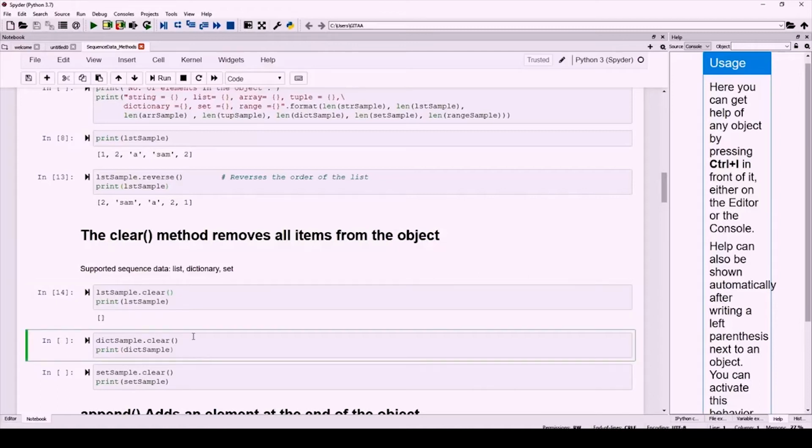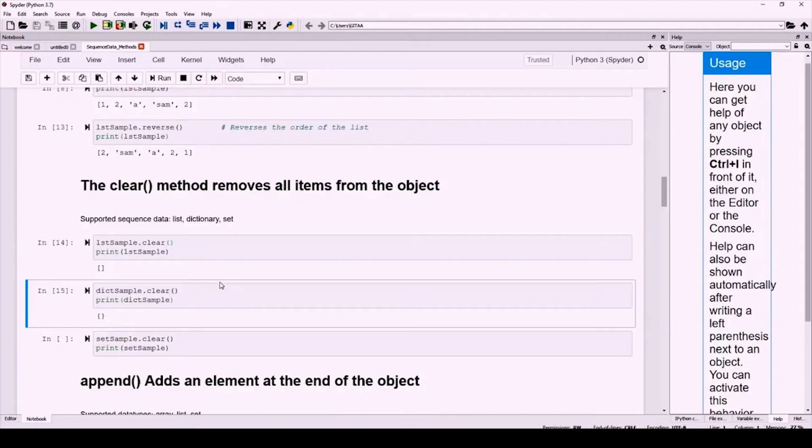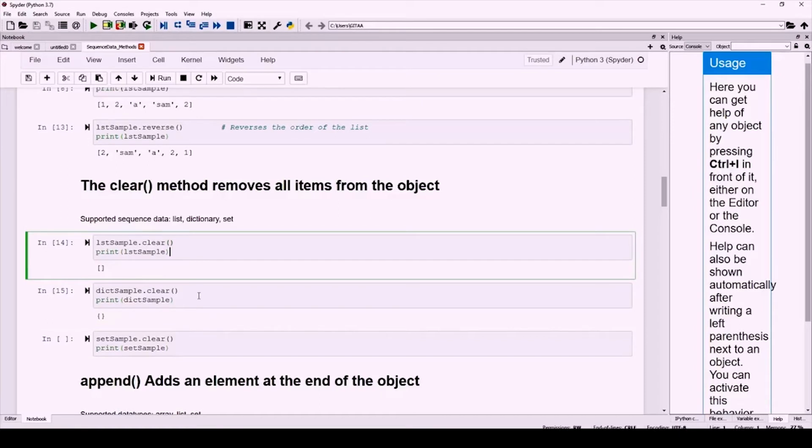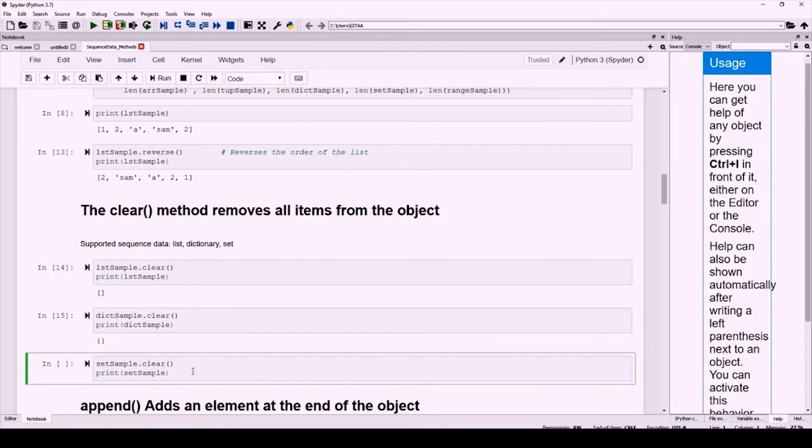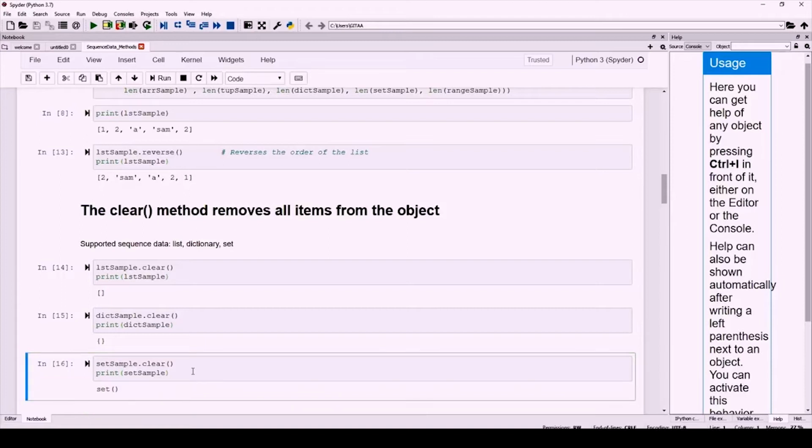The next one is clearing the items from the dictionary sample, and I am also printing the dictionary sample. So you are just getting an empty dictionary since all the items from the dictionary have been removed. The next one is clearing the items from the set sample.